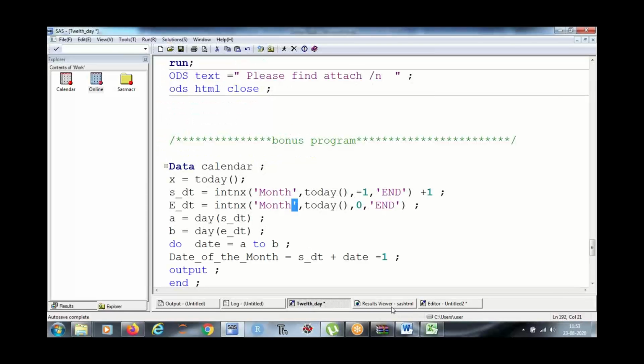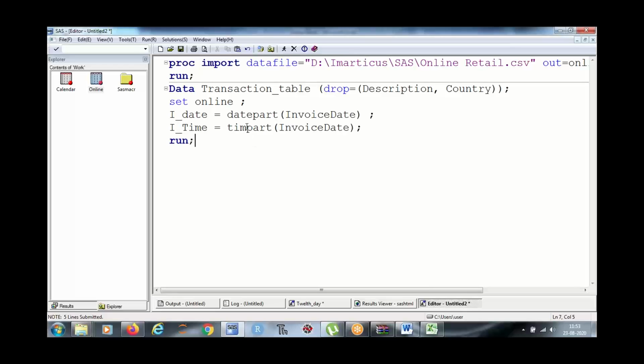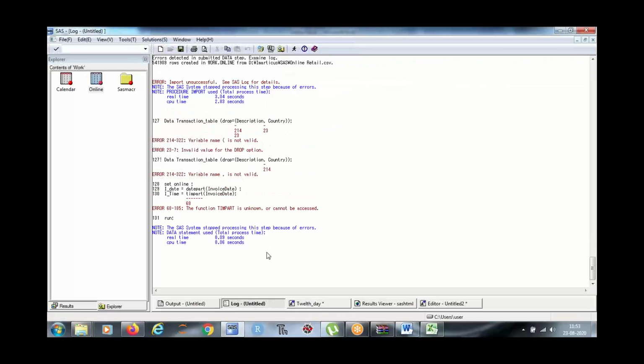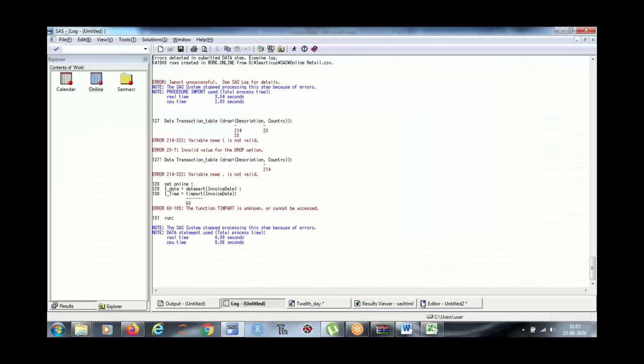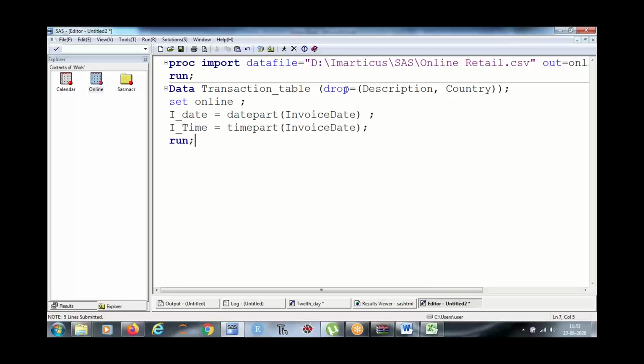Okay, the spelling in time part is incorrect, so let me fix that. Any other error? Are you saying like we don't require?